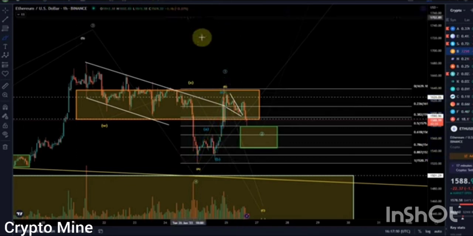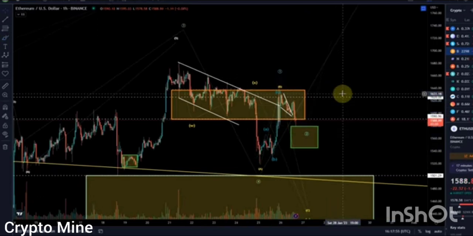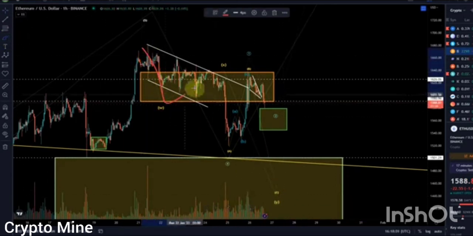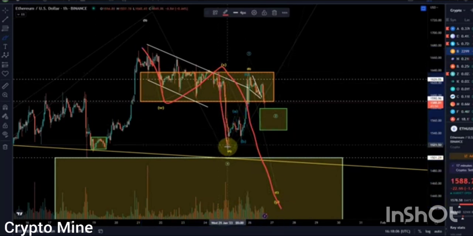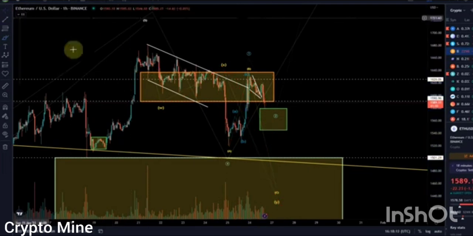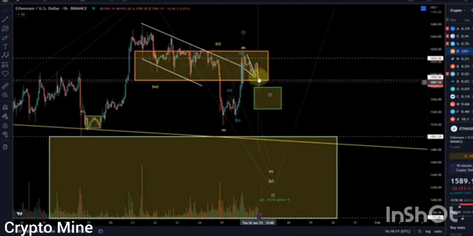It can mean, on the one hand, that we are coming down, as I mentioned to you before, in this WXY pattern, and then we've got the Y wave as an A wave, a B wave, and a C wave. So that basically the wave 4 in green that we talked about is still ongoing. Yeah, this would become very likely, and this count would get in control if we drop below this green support